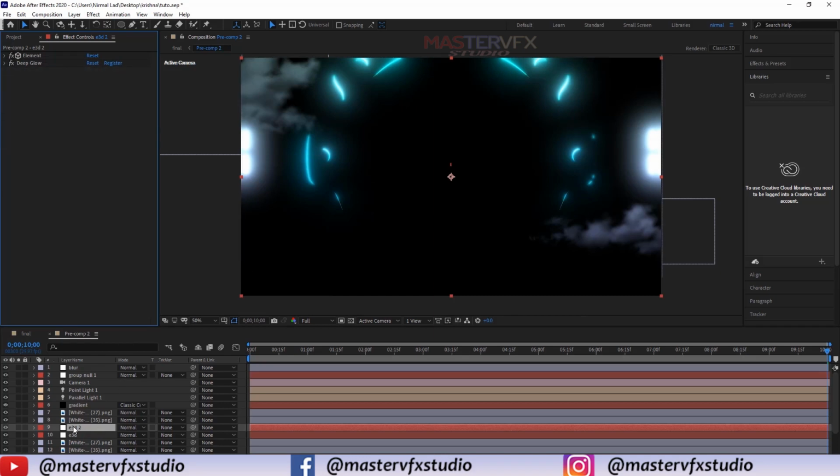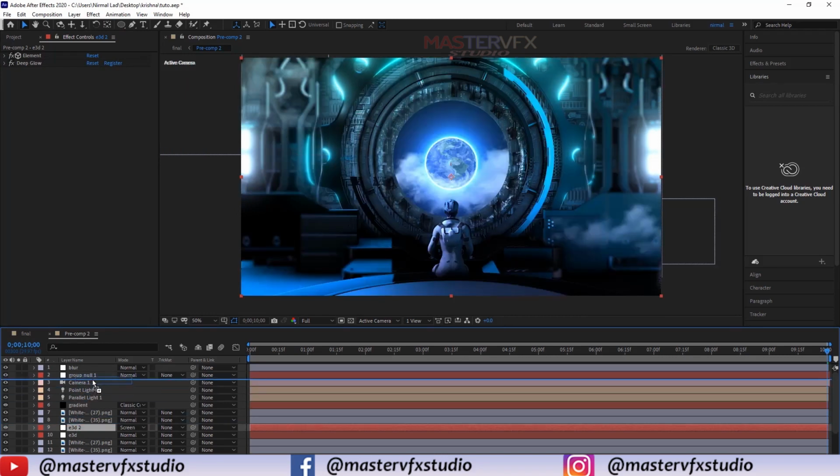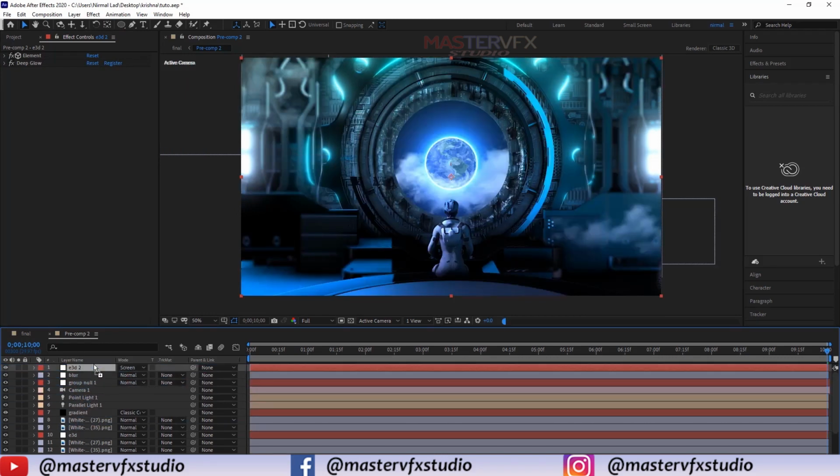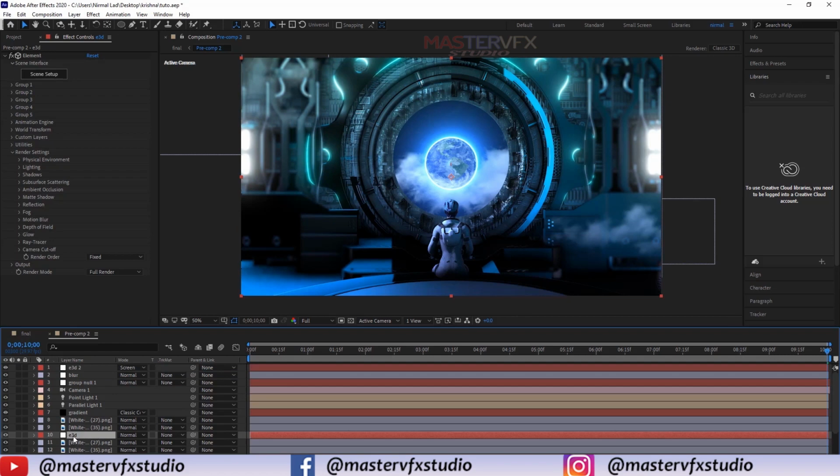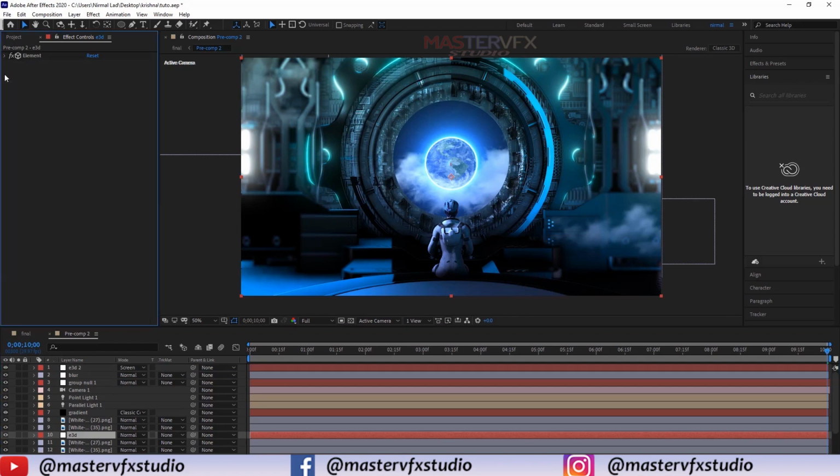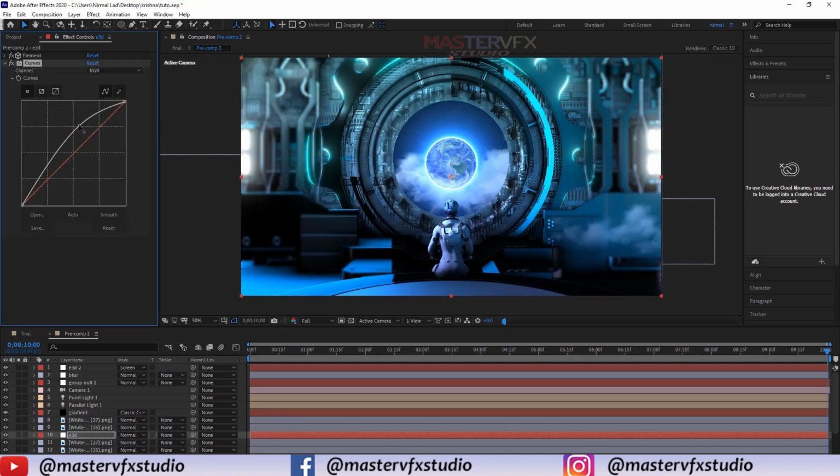And here change its blending mode to screen, and put this layer above all of these layers. Okay, and here our original element 3D layer, select this, and here just apply curves effect, just boost it up.